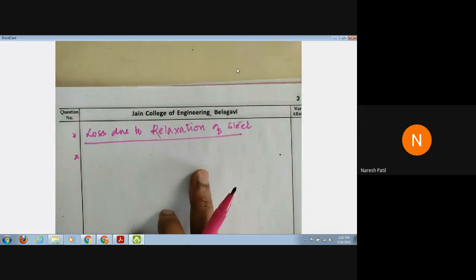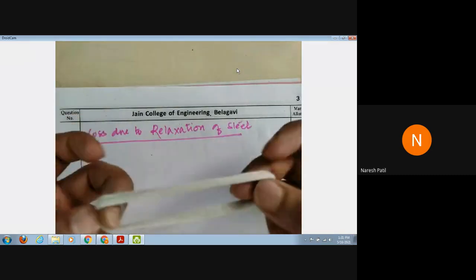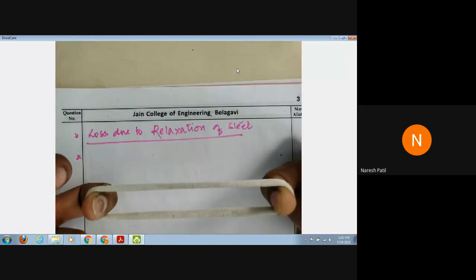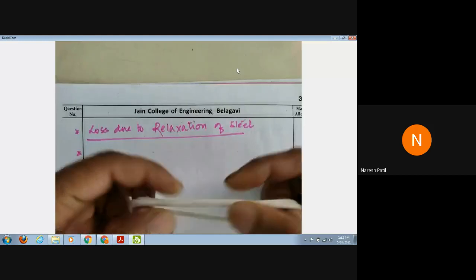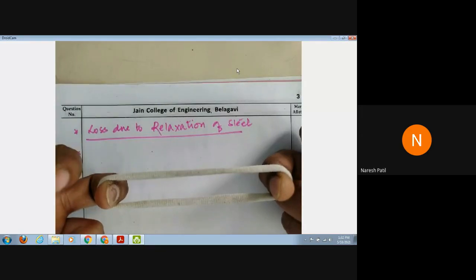तो यहाँ पे क्या होता है? The tendons are stretched in tension for longer duration. Because of that, there will be deformation or elongation. That is called as creep, which leads to relaxation of steel. अभी again I will give same example. Okay, अभी देखो एक टेंडन है, इसको मैंने I will stretch it. Again, what will happen? When I stretch this for longer duration throughout the lifespan, the tendon may elongate beyond the limit. I have stretched like this only, but the load is applied continuously for longer duration throughout the lifespan.